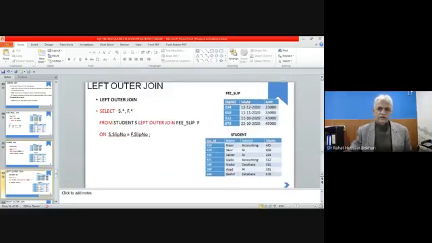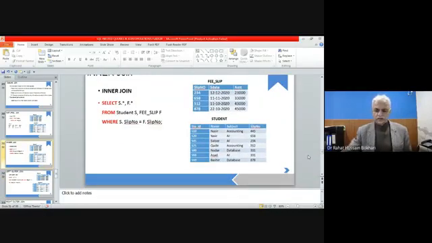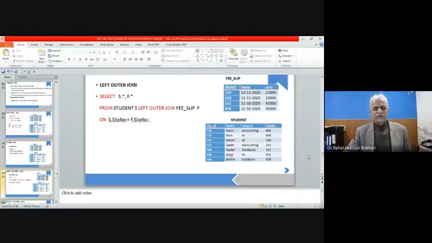We have already learned the outer join, and within the outer join there might be left outer join, right outer join, and full outer join. So you say select this from this left outer join fee slip f. You just write here left outer join.